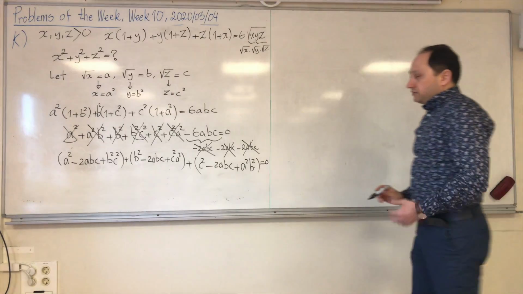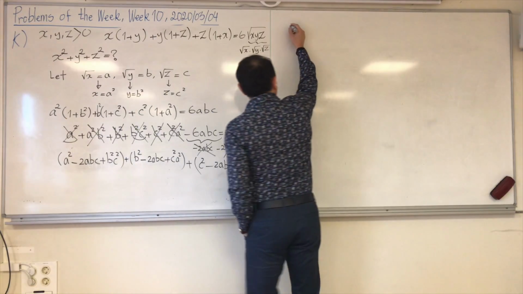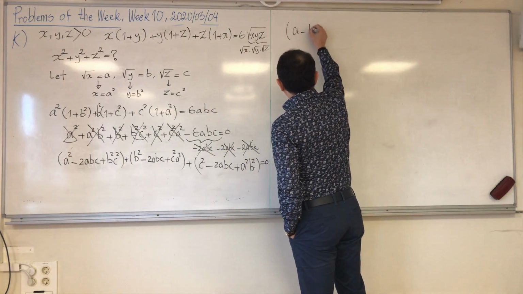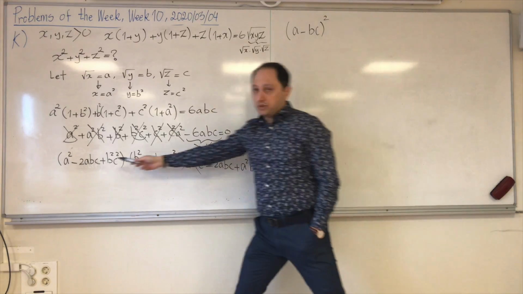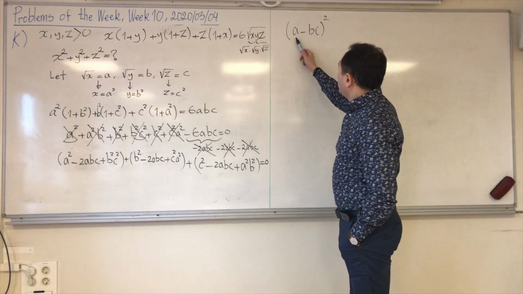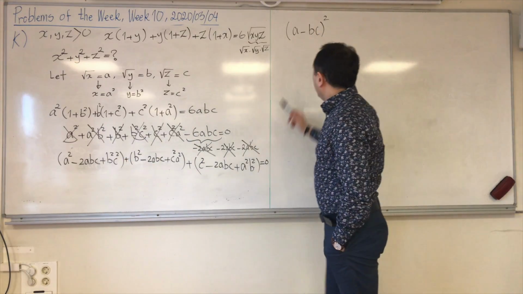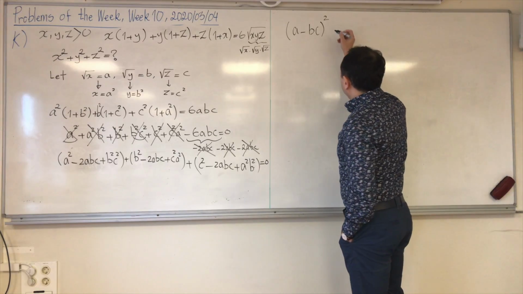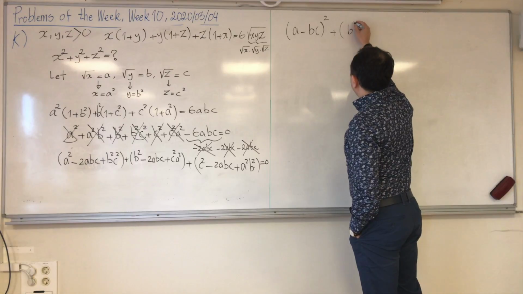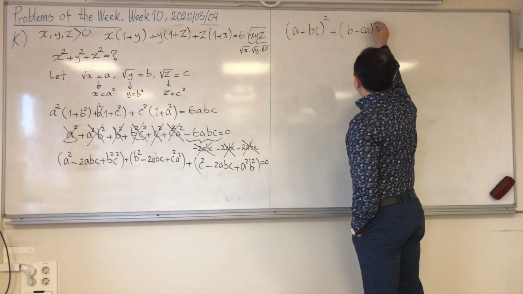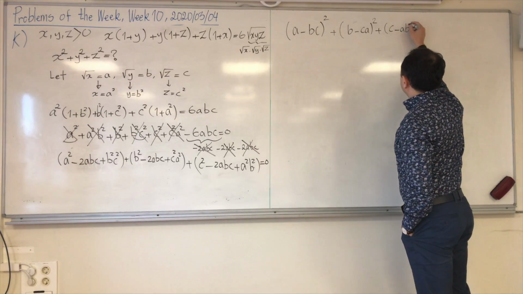Okay, could you get it? So here, this becomes a minus bc to the 2. Let us double check. The first one to the 2 is a squared, yes? 2 times the first one times the second one exactly gives you minus 2abc, and the second one to the 2 is that one. Then you immediately realize that what I have, the other one can be written as b minus ca to the 2, and the other one can be written as c minus ab to the 2 equals